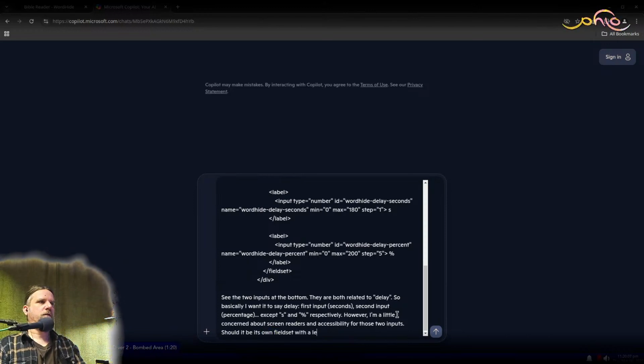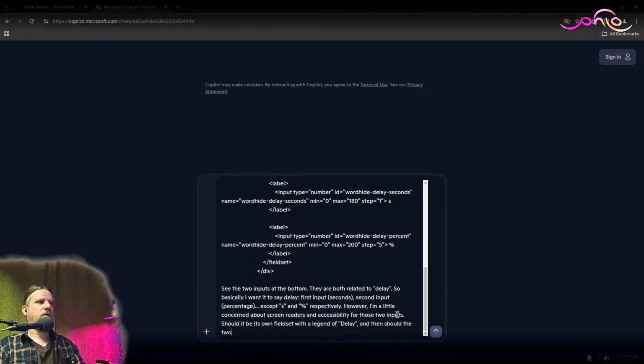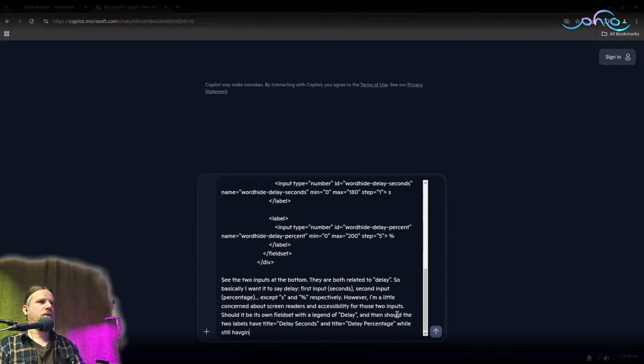with a legend of delay? And then should the two labels have title equals delay seconds and delay percentage, while still having the visually simplified S?